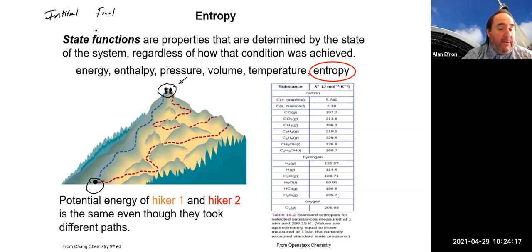And that's why when we do something like enthalpy, we take the delta H of our products, which is our final state, minus the delta H of our reactants, which is our initial state. So as we talked about just a second ago, thinking about a reaction, that's what's happening here. As we go from reactants to products, again, our initial and our final state. Now,